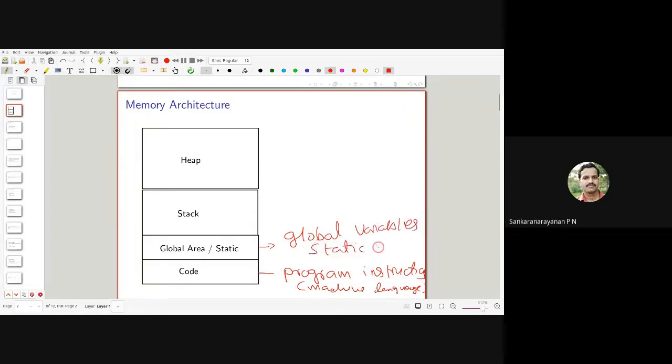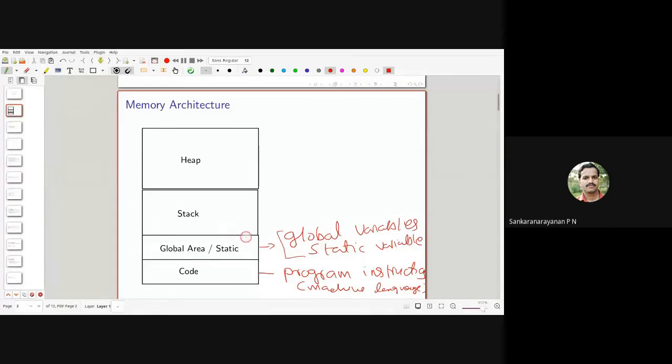If you have a static variable, even if you have a function which accesses the variable, if we call the same function again, we can read the previous value. It's something similar to a global variable, though there are some differences. Static variables have a sort of permanent storage throughout the life of the program. So static and global variables have a scope or lifetime till the end of the program. Those will be given a particular area of memory.